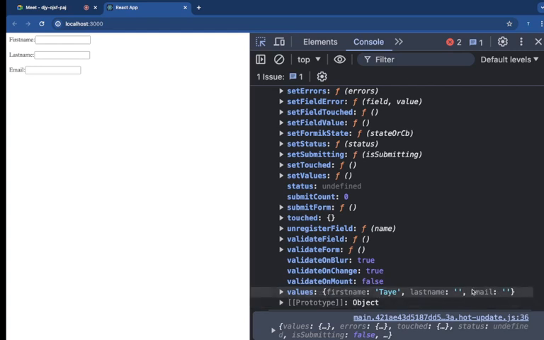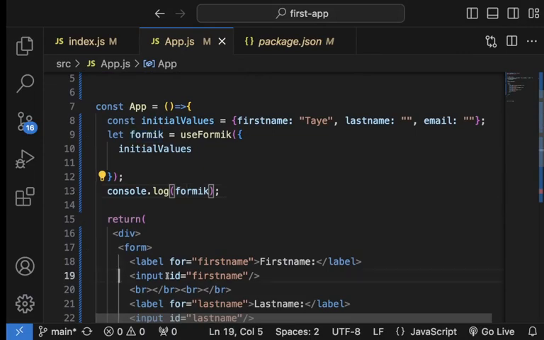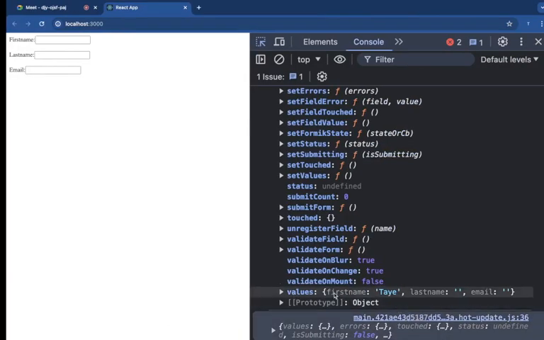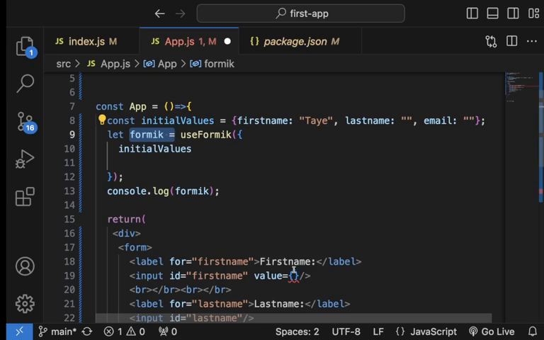So we can now say let the value of this input be these values dot first name. So let's do that together. So we can say the value is Formik dot